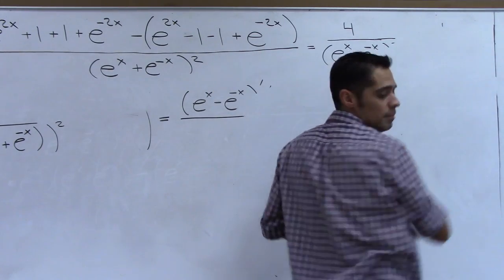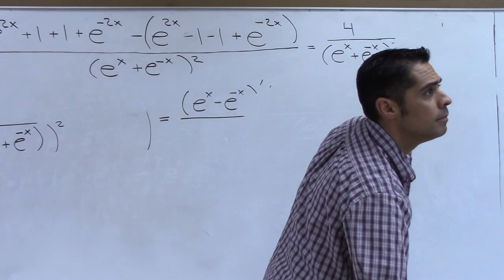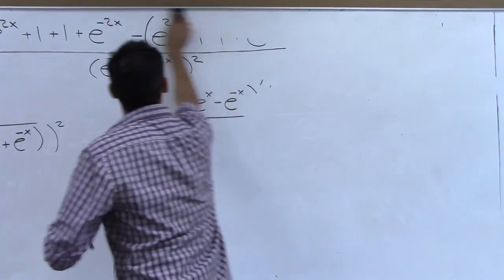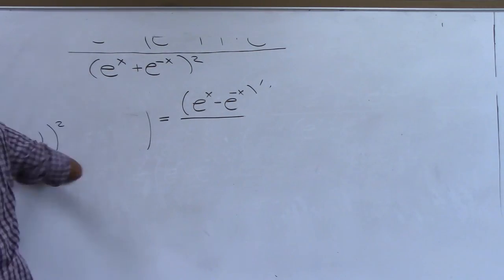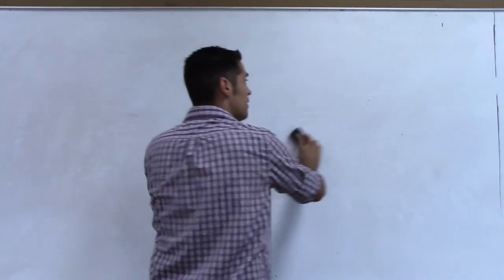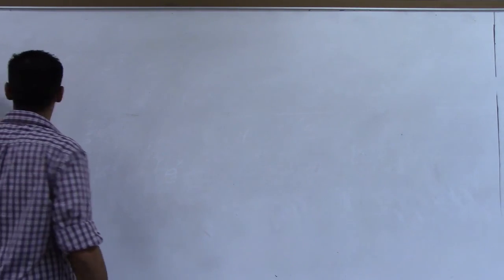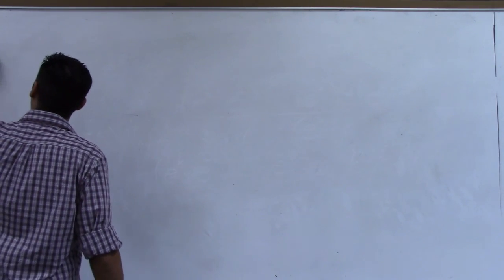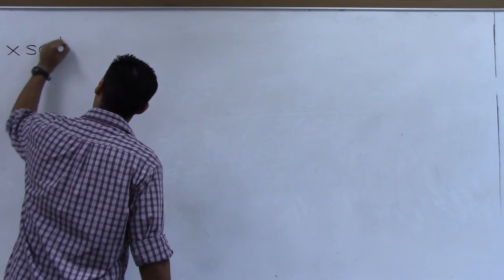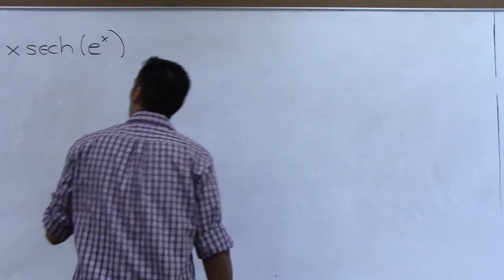Now let's do that problem that was the derivative. So I'm giving you an example of a function. Now you don't have to use the e stuff. You can just use the formulas from above in the table or the formula sheet that you can use on your tests. So y equals x secant hyperbolic of e to the x. And you're asked to find y prime.